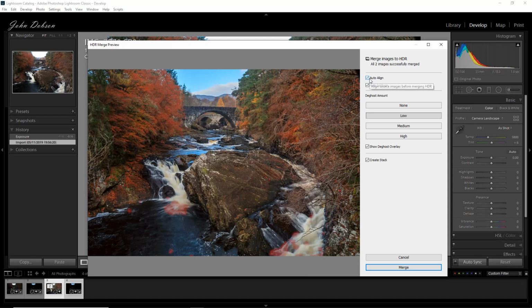What we've got is auto align switched on. I would always have auto align switched on even if I'm on a tripod, because you never know if the tripod gets nudged or not, particularly if there are other people around. I'm going to choose auto settings, which will auto tone the resulting photograph. Then we have some deghost settings, which we'll talk about, and then create stack. Create stack is just going to group the images that I've used for the HDR image or the panorama image together into one group. The deghosting is used to